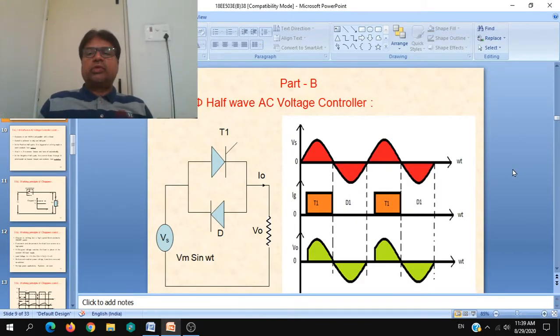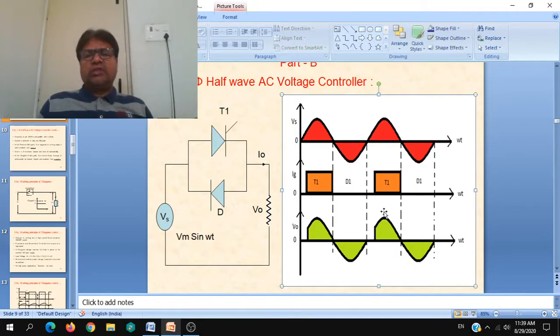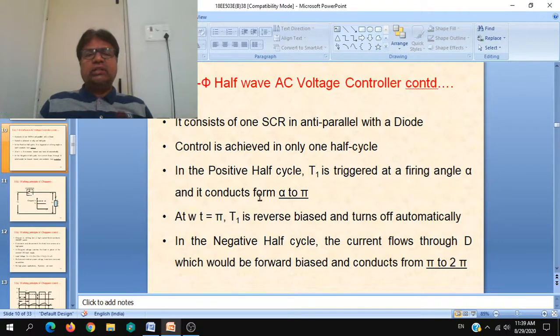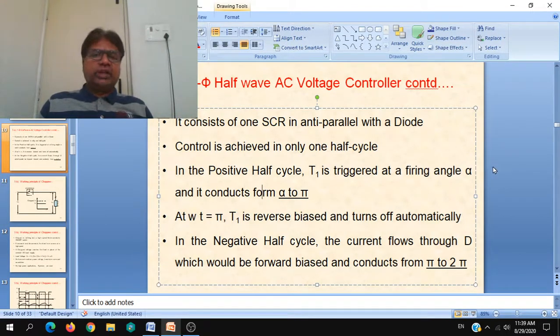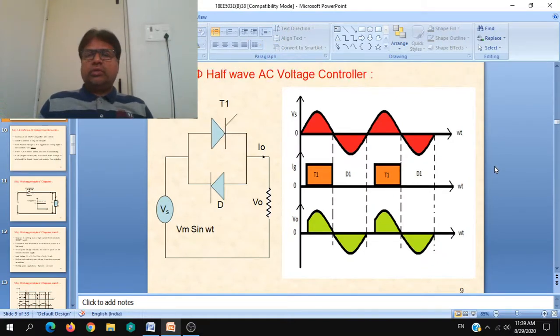The first one, you are asked to explain. Actually, for part B, 3 mark explanation sort of questions will not be given in general. Even if it were asked, explain the working of single phase half wave AC voltage controller, whenever you explain the operation, you have to draw the circuit, draw the waveform, and give the explanation in very simple sentences, 2 or 3 sentences maximum. We will go through the concept first, then I will explain how to write the answer.